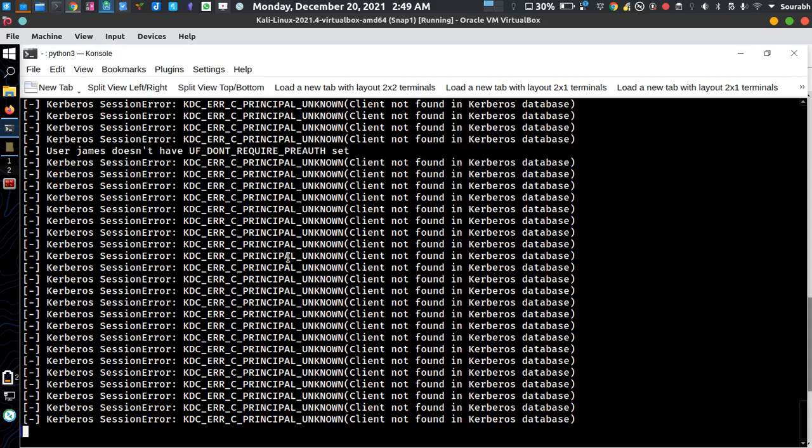It means that the pre-auth ticket is actually secured, and on the James user we cannot brute force it blindly by using user.txt and password.txt. So yeah, we need to wait.